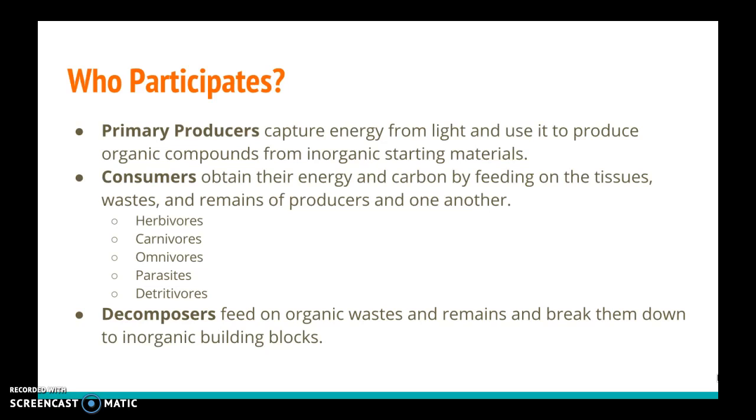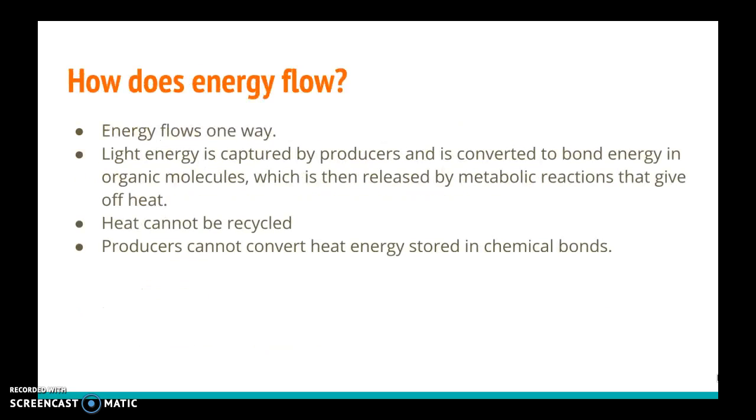There are several different types of consumers that exist. Consumers are described by their diet. The different diets are those who eat only plants, which are named herbivores, those who eat only the flesh of animals, called carnivores, and those who eat both animal and plant materials, called omnivores. Also, parasites who live inside or on a living host and feed on its tissues, detritivores who dine on small particles of organic matter, and lastly, decomposers who feed on organic waste and break them down into basic units. Decomposers are mainly bacteria and fungi.